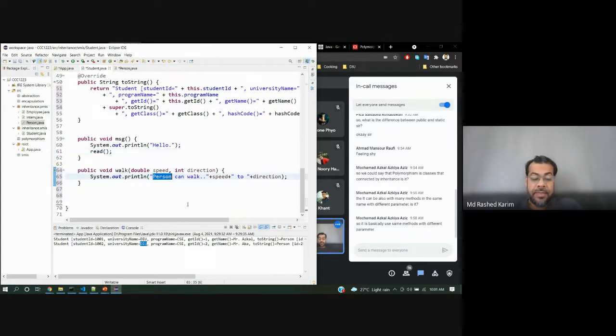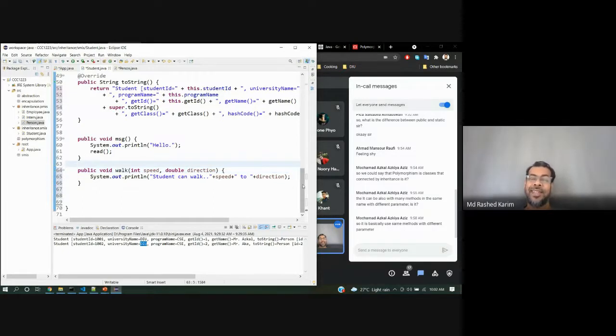The person can work, and student can work this way. You can call it, but I just want to change it in a different way. It's int and this one will be double. It's also method overloading. Why?